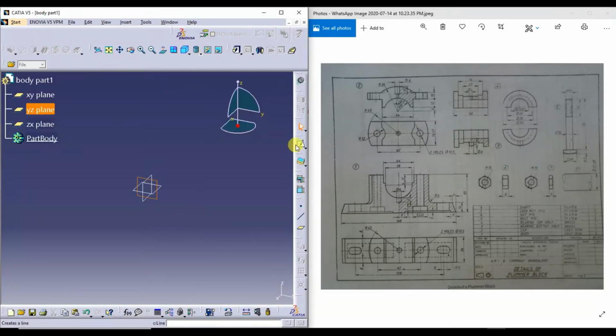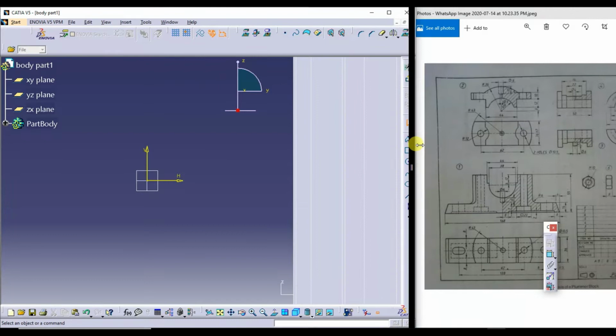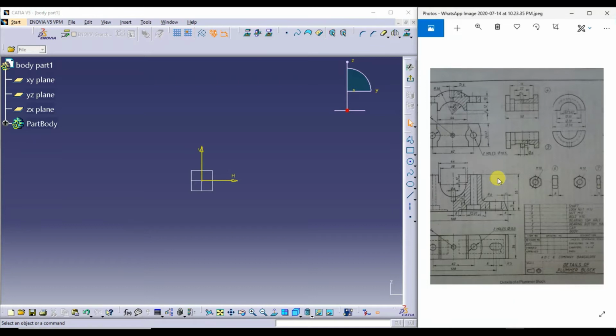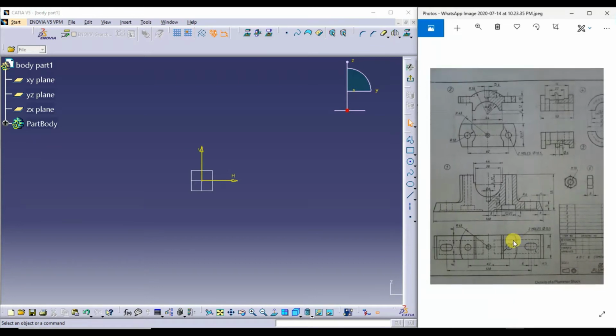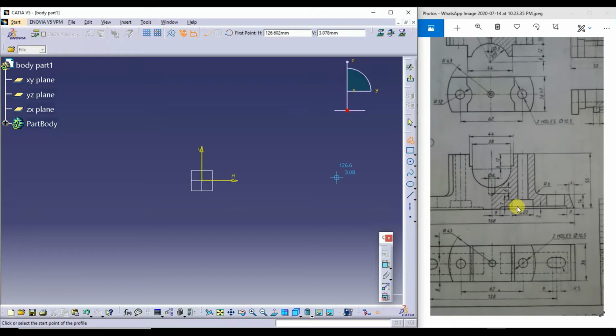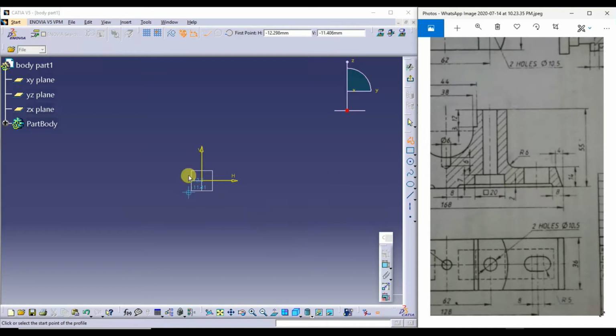Select the plane, choose the sketch mode. Roughly you draw this half of this.